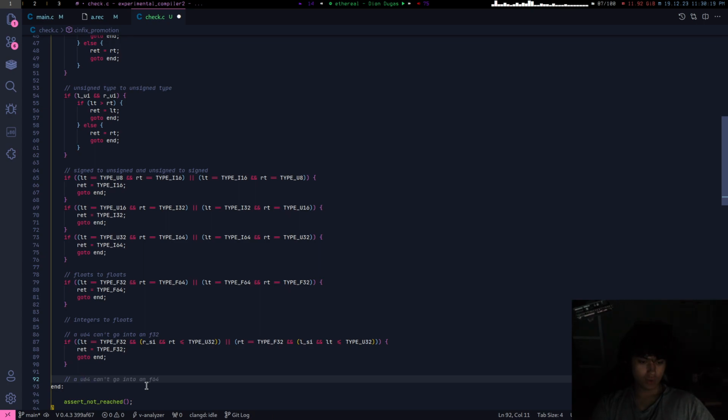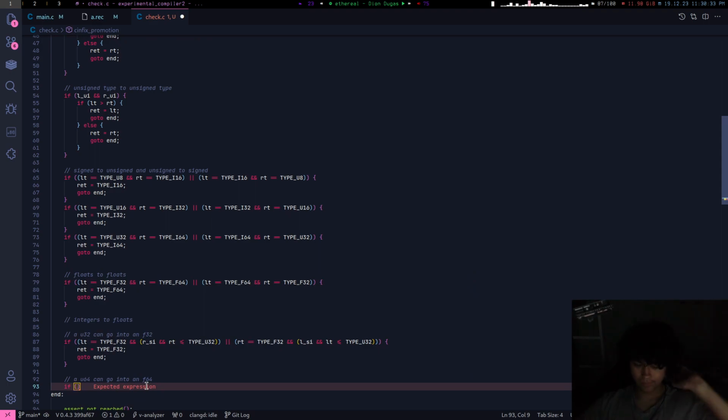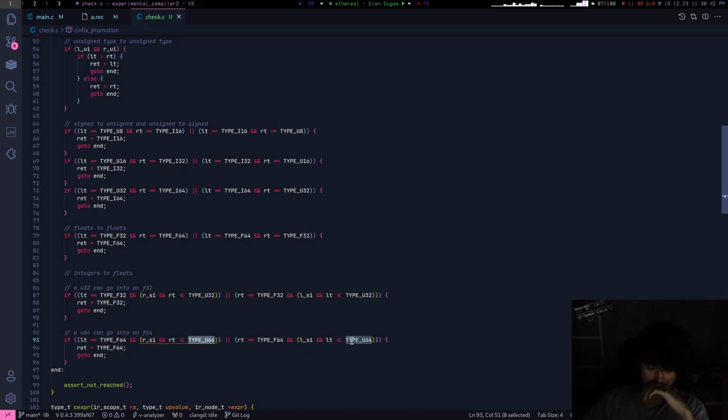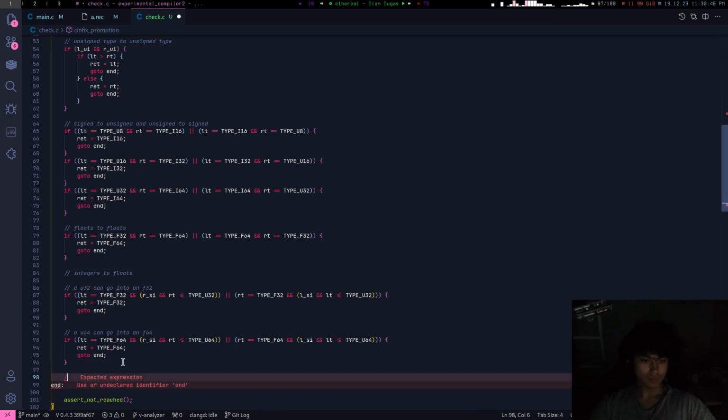A U can go F32. It's better if I just wrote it as cans. So 32 can go. Okay, fill it in. Thank you. Left type is an F64. So this is integers to floats. And what can an I32 do?